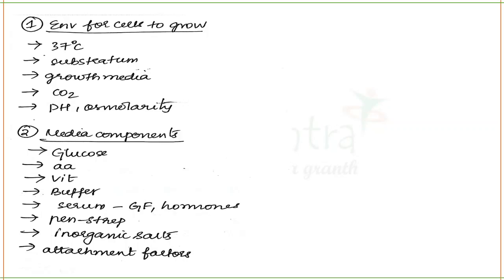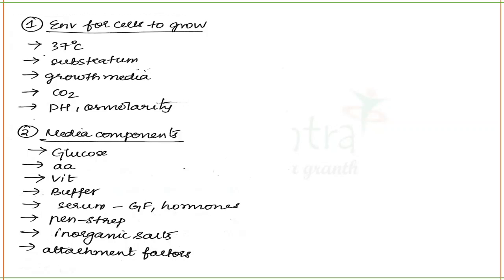There are cells which will attach to the surface of your culture vessel and grow. That attachment surface is called a substratum. Your culture vessel is the substratum, on which your cells will attach themselves and grow. Next is your growth media. That is the most important thing for the cells. As you need food for your growth and development, the cells also need food, and that food is the